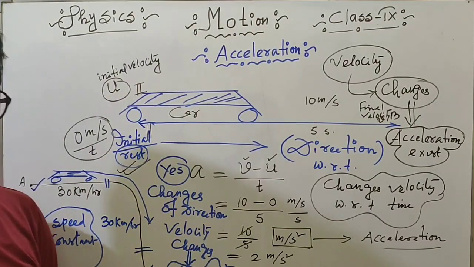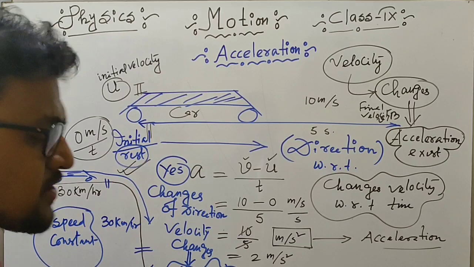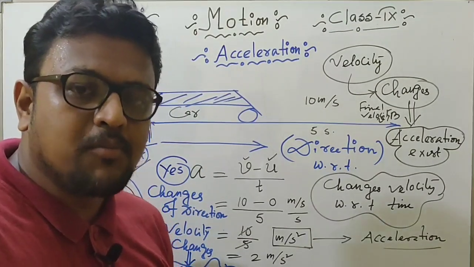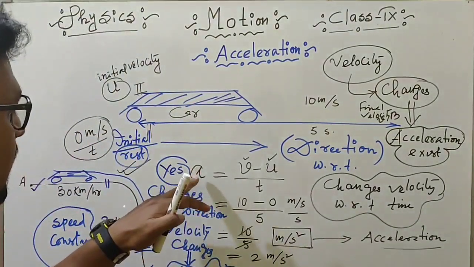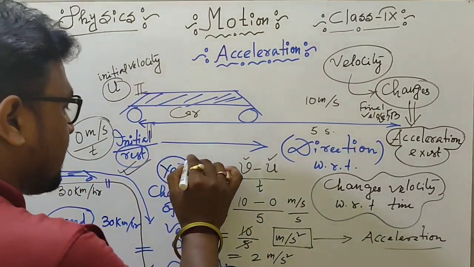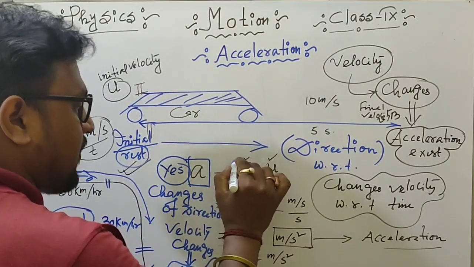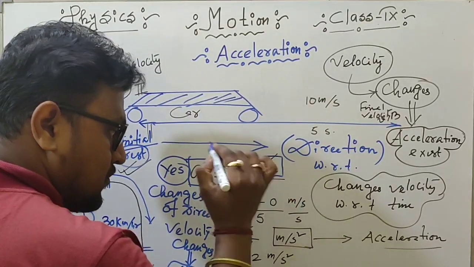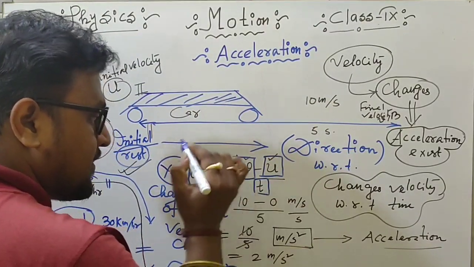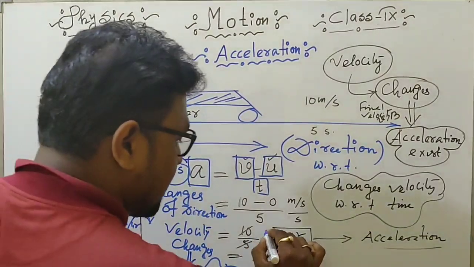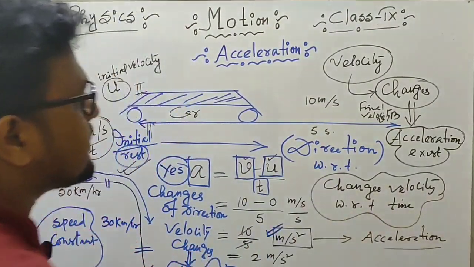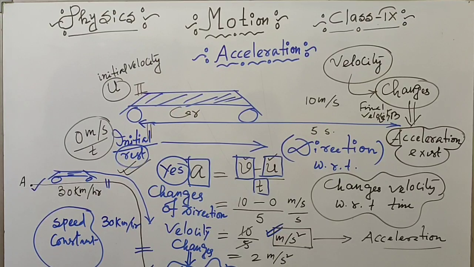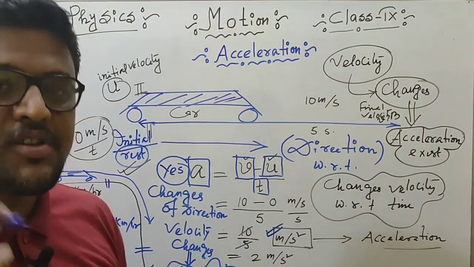Clear? So what is acceleration? Acceleration means change in velocity over the time taken. It is denoted with the letter a, equal to final velocity v minus initial velocity u, over the time taken t. And the unit of acceleration is meter per second square. Now the question arises,